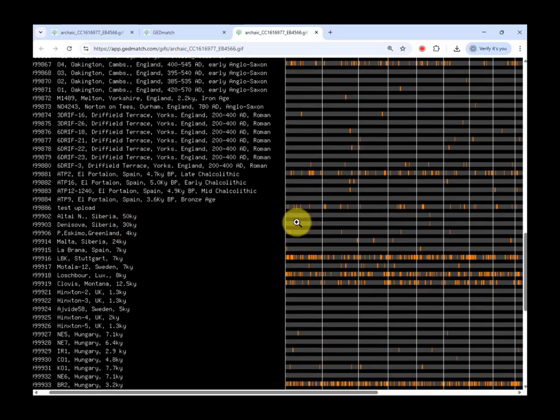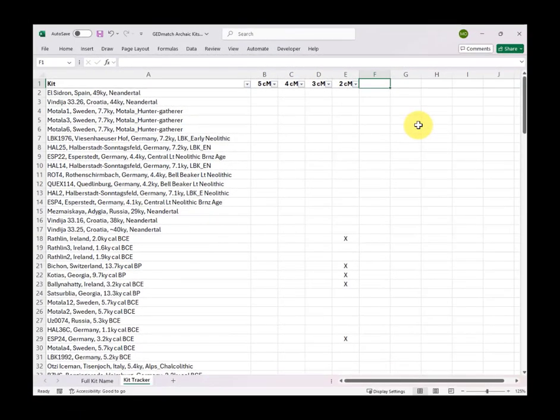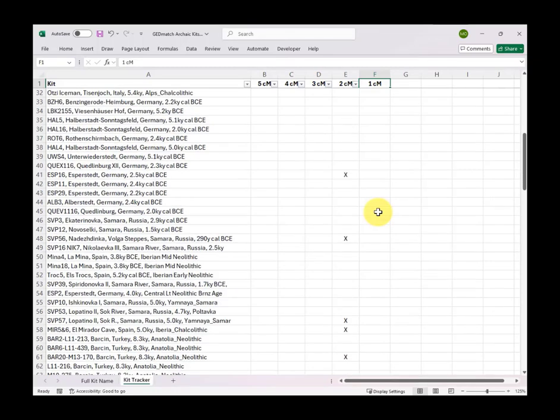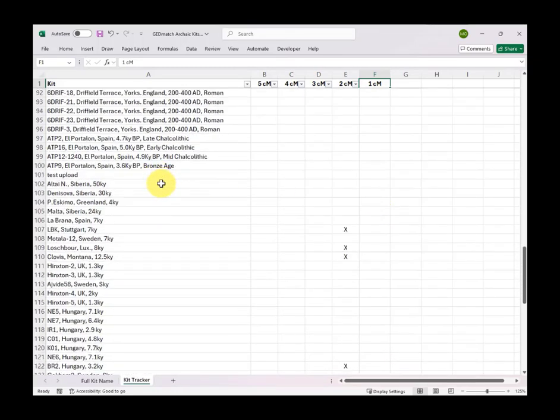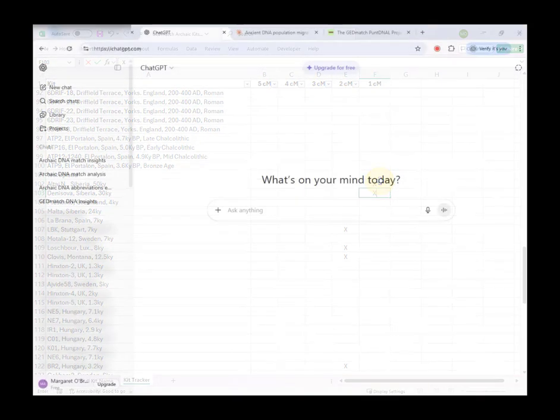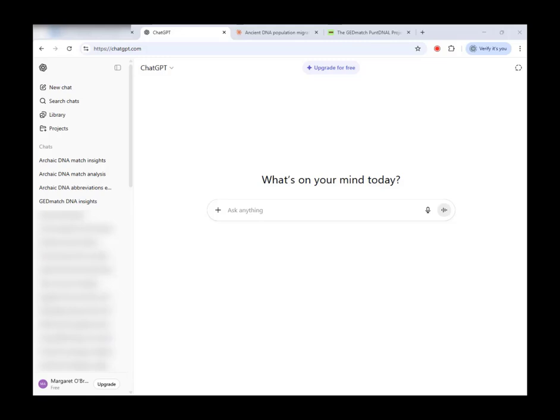Yeah. I'm going to put an X beside these two. And it is in the 1 centimorgan area. Where are they? They're quite down here. Down here. X and X. So now I'm going back into ChatGPT for this part of the tutorial, which is to use